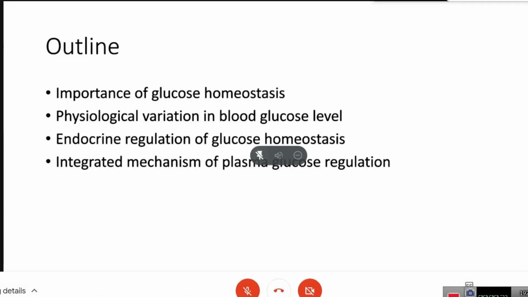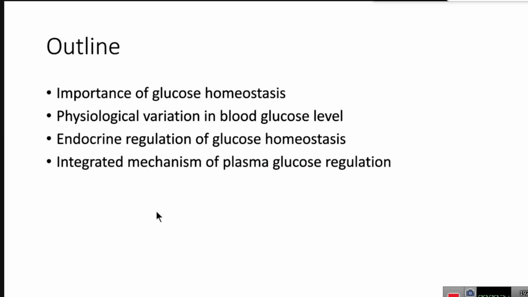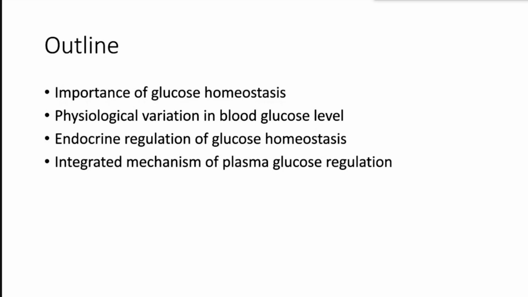We will discuss physiological variation in blood glucose level. Blood glucose level is not very tightly regulated. It means the calcium level, for example, is very tightly regulated, so even a slight change in calcium levels is very harmful for the body. Still, there is some physiological variation in glucose, and that is not undesirable. That is considered normal. And we will also see what factors determine that variation, or in other words, what factors